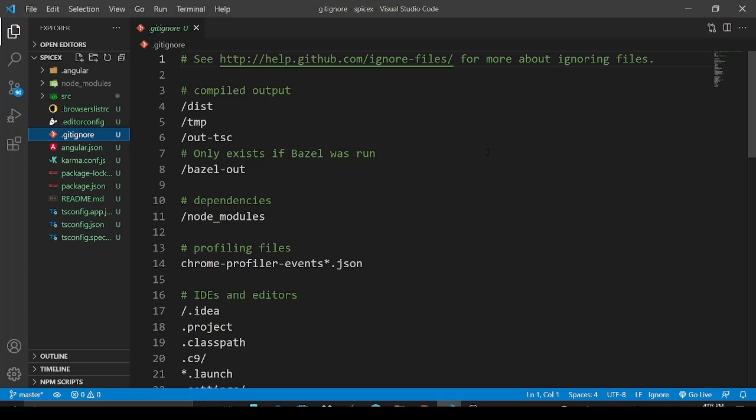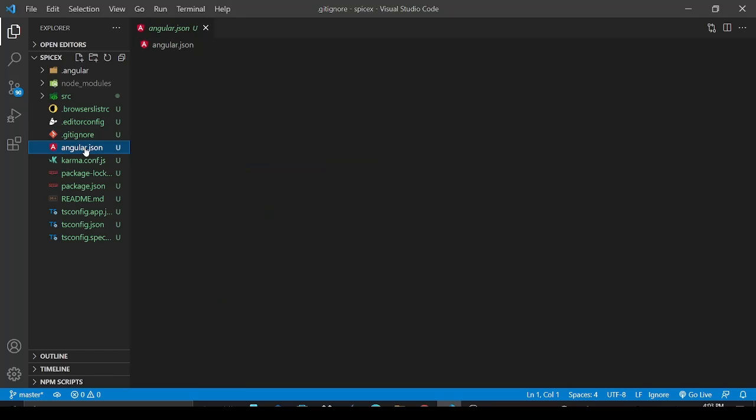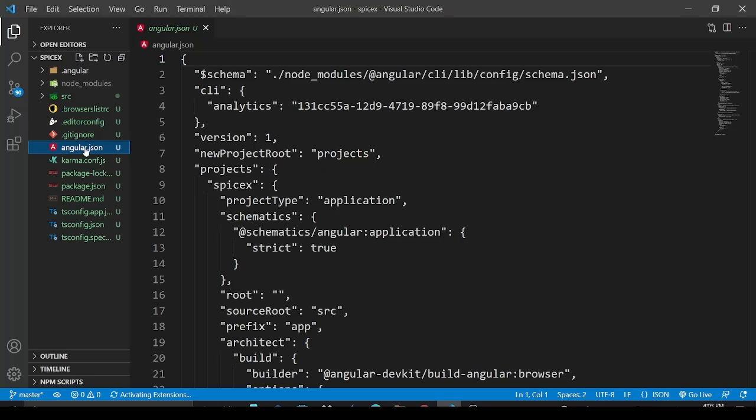The next file which we are going to see is angular.json. The angular.json file includes configuration options for build. You can see over here it is mentioned: version, new project name, type, schematics, routes, etc. All these are configuration options for build, serve, and test tools.